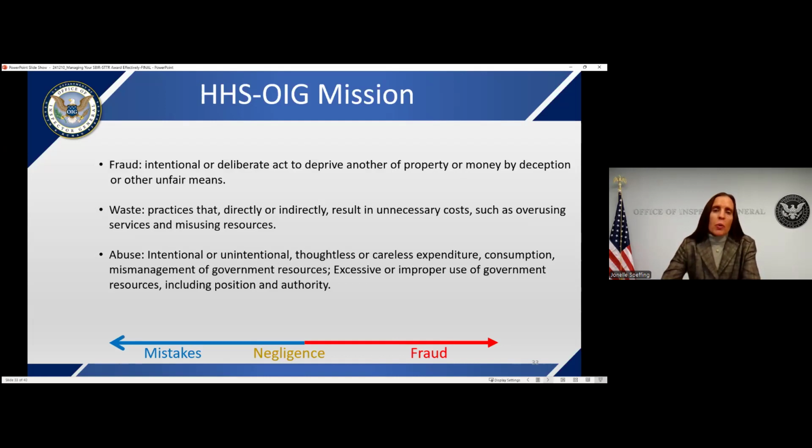Fraud is an intentional or deliberate act to deprive another of property or money by deception or other unfair means. That is intentionally submitting false information to the government, which includes situations in which you should have known that the information was false in order to get money or a benefit. Waste involves practices that directly or indirectly result in unnecessary costs, such as overusing services and misusing resources. Whereas abuse is the intentional or unintentional, thoughtless or careless expenditure, excessive or improper use of government resources, including one's